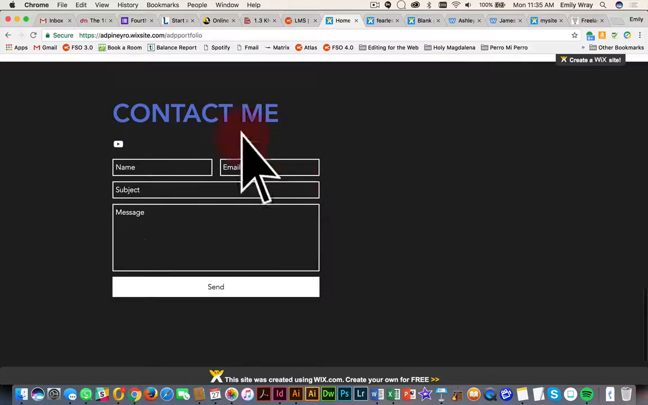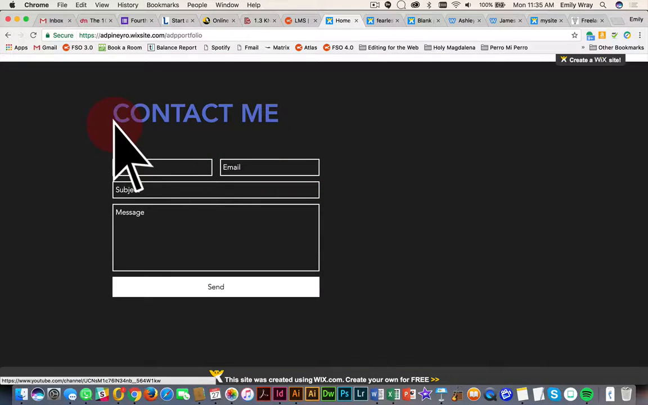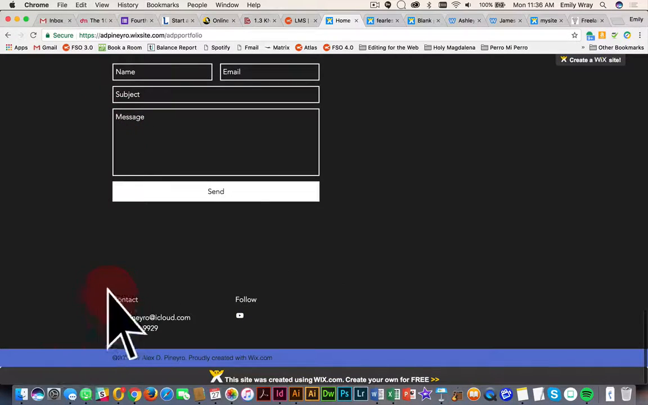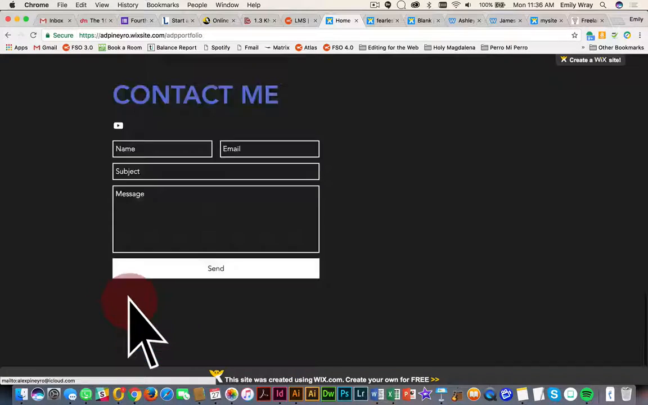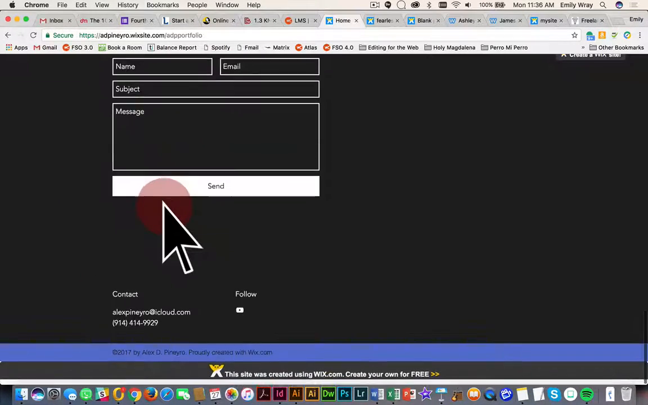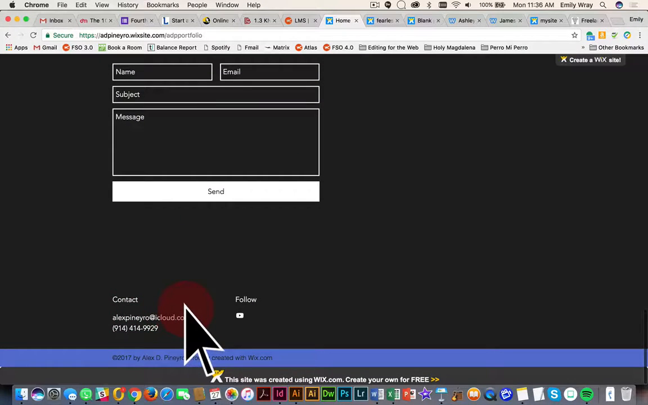We've got a little contact, nice simple form here. You've got your social media icons here, so it looks like this is going to link out to your YouTube. And then your contact information shows up down here too. I might say that having this contact form and then your email and stuff down here is a bit redundant